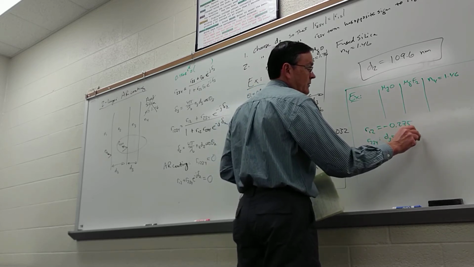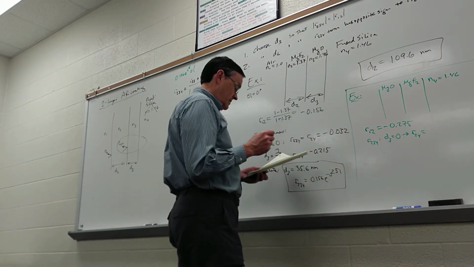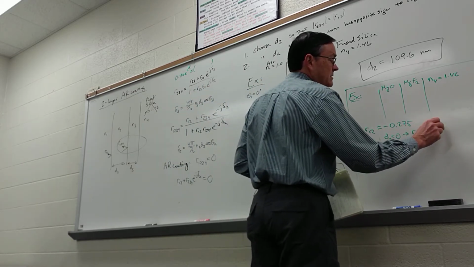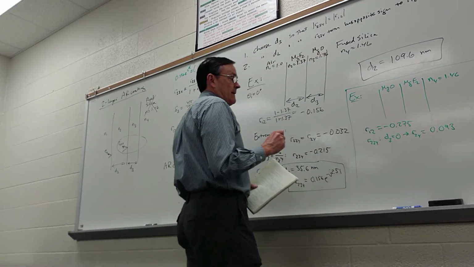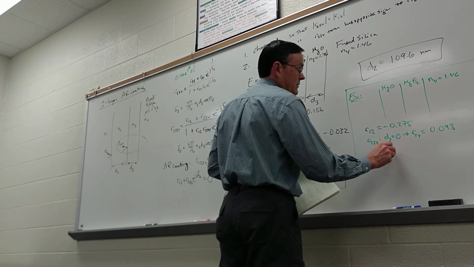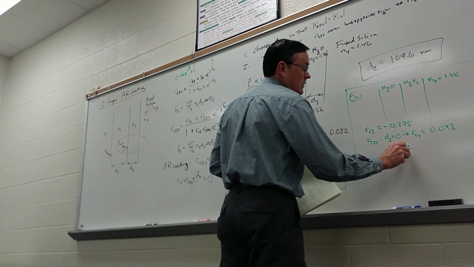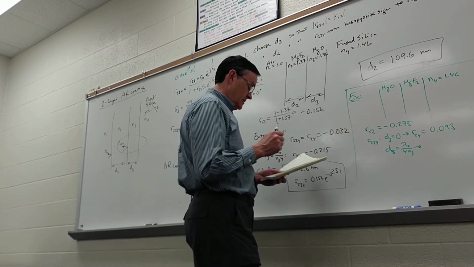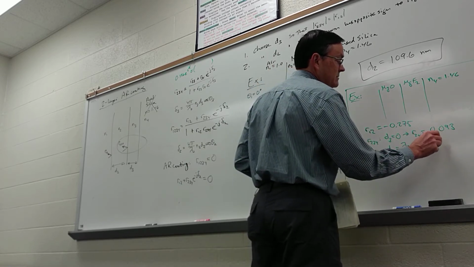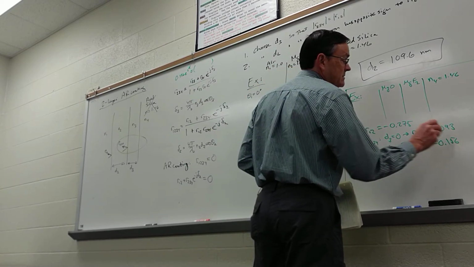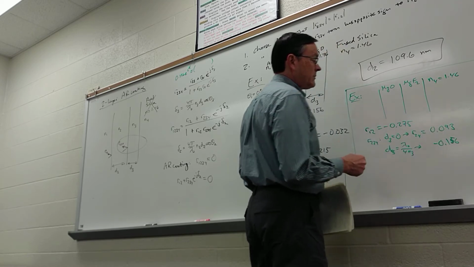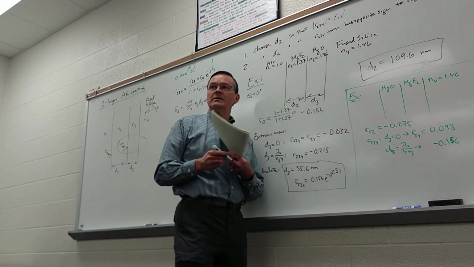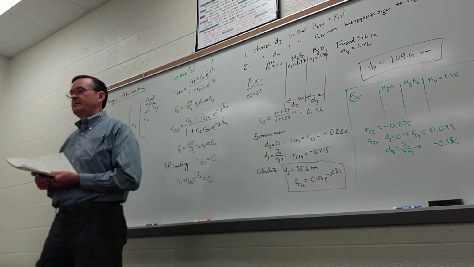And then we look at R234 for the case of D3 equal to 0. So we have R24, and that ends up being 0.093. And then we look at D3 equal to a quarter wave. And what we find is that the magnitude goes to minus 0.156. And we look at that and we say, oh, well, 0.275 is not in that range, therefore we cannot make a two-layer coating.